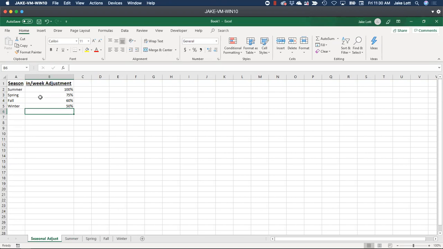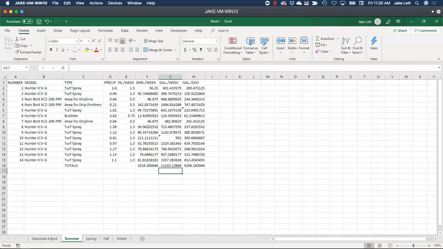Now, once we have this set up, we're going to use this as our place to make changes. If we need to say, I want to see what spring is at 80%, this is the spot that we're going to use as a reference point for all of our different tabs. Okay. And except for summer, because he is what he is.